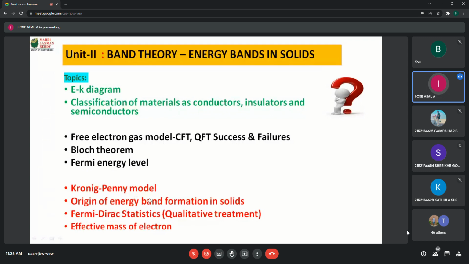99% of these will only be given under the long answer questions. They were represented with a red color mark. It depends on the concept and the content. The Fermi energy level, for example, cannot be given as a long answer question. Why? Because it's a definition and a small diagram. That's all. EF cannot be expected as a long answer question.